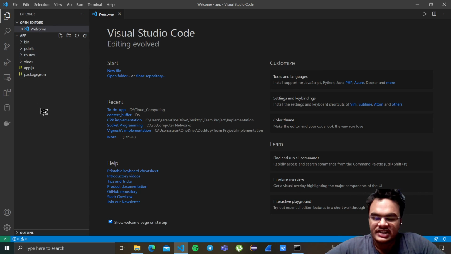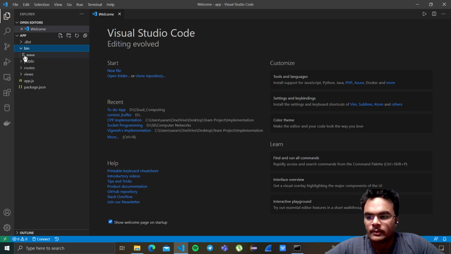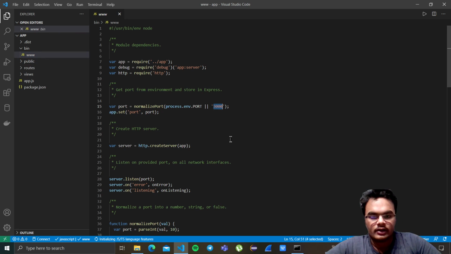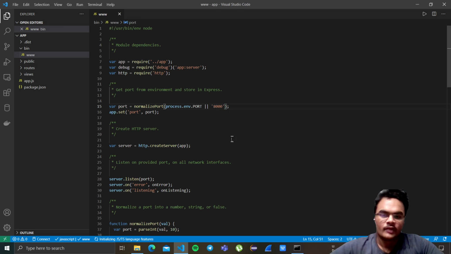For running a web-based app, we need to run the app on some specific port number. For those who don't know what a port number is, I'm going to explain port number, IP address, etc. in another video. So a port number is nothing but a specific address on which a specific app is running. Simply that's it. Now we need to set up a port for the app to run. By default 3000 is set as the port number. Let it be, now let's make it 8000. So our app will run on port 8000 when we run it on localhost.